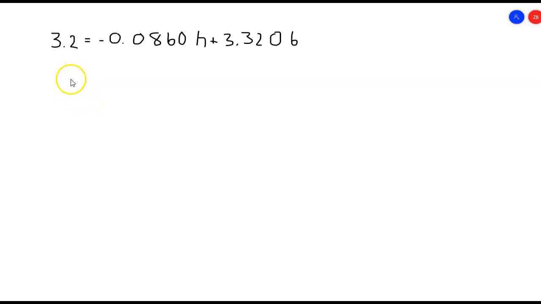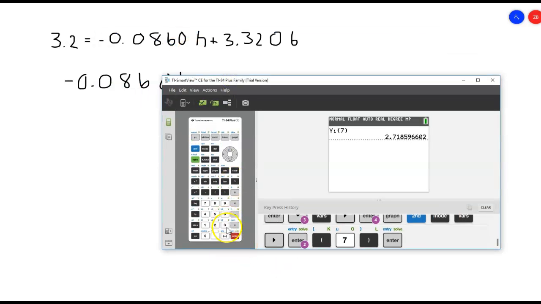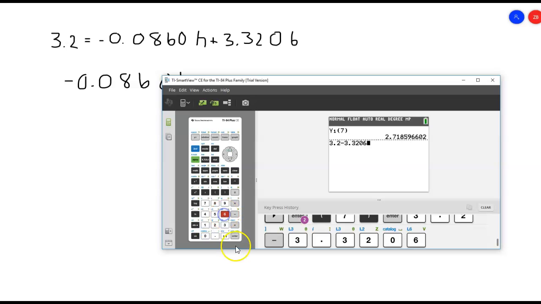So this is going to end up becoming negative 0.08608H is equal to, and once again, I'm going to pull up my calculator, and we'll do 3.2 minus 3.3206, and I get negative